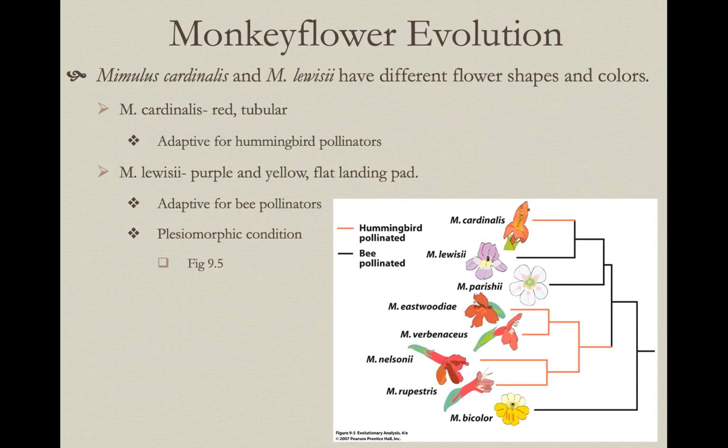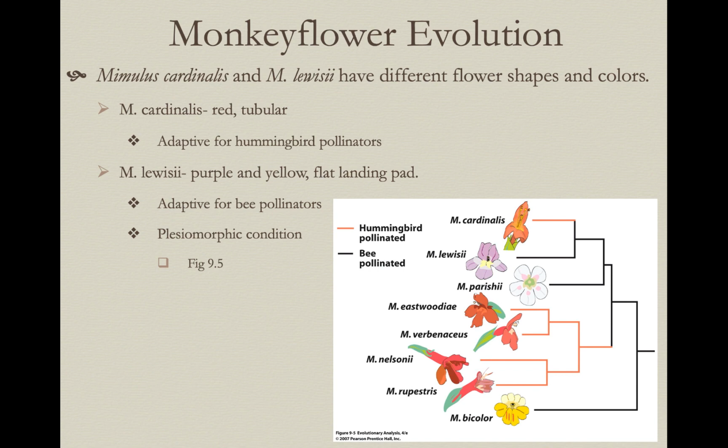Okay, so let's look at the potential for polygenic traits to evolve and how we can actually study this. Now, we're going to cover in this lecture 2 broad kinds of approaches to quantitative genetics. And I'm going to start with some more modern techniques, looking specifically at the gene loci that are associated with phenotype and phenotypic variation. So if you look at the Mimulus phylogeny, these are flowers that have different coloration and